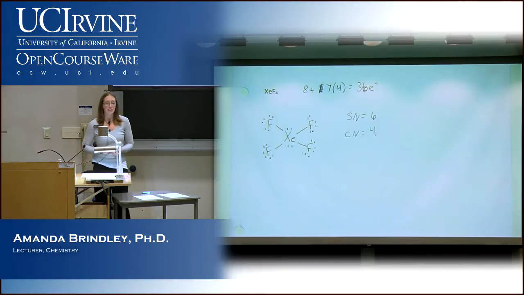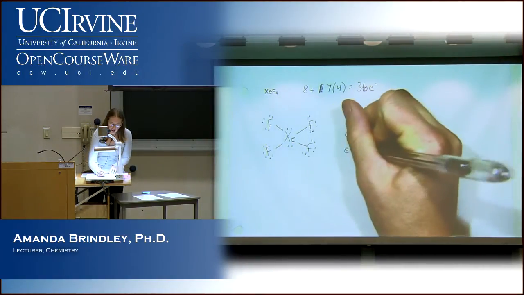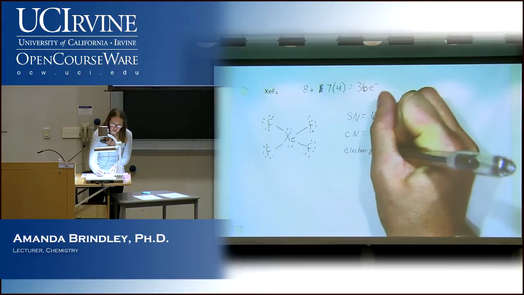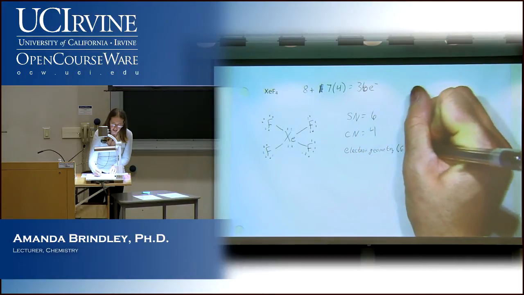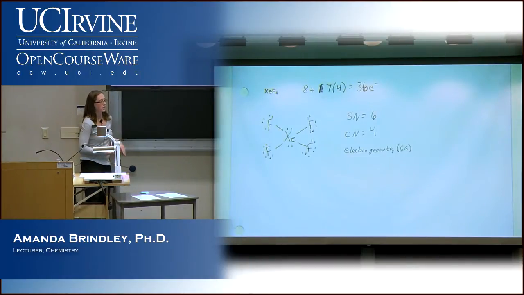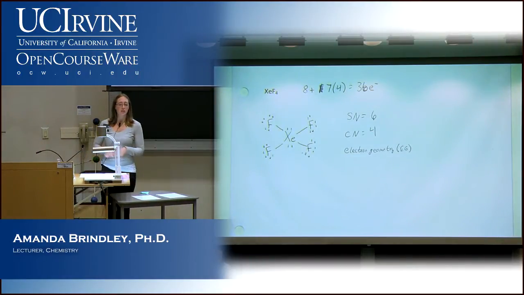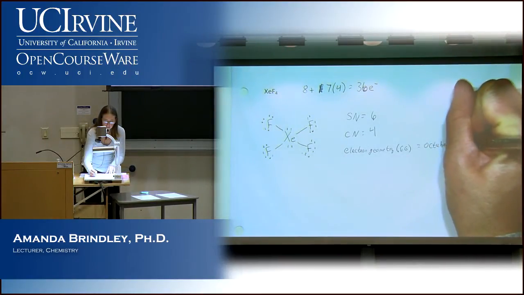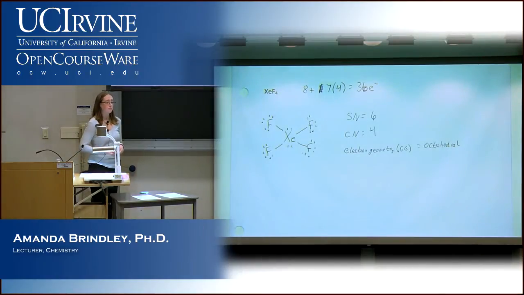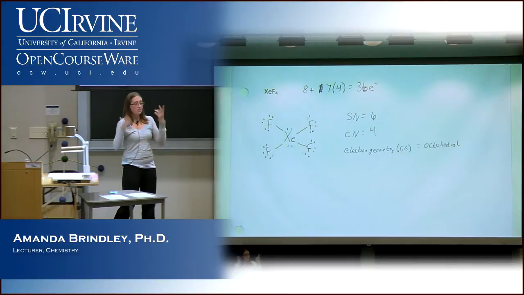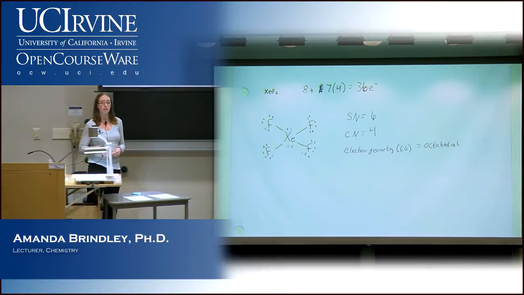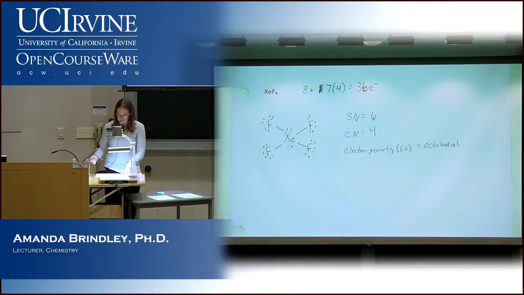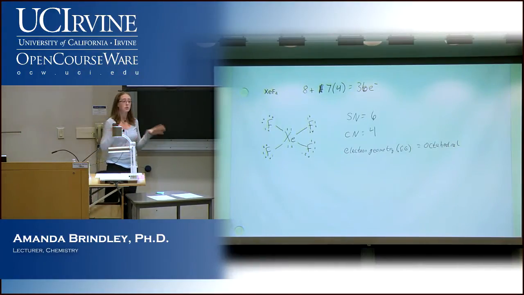So since we have a steric number of 6, what does that mean our electron geometry would be? And remember, we're calling that EG, just my shortcut for it. 6 things bonded to it, so that makes it octahedral, right? Okay, so that's our electron geometry. That's acting as if we can kind of see the electrons. We're counting that as part of our geometry. Now remember, even though there's 6 things bonded to it, we call it octahedral because that's the 3-dimensional shape that it makes, all right?